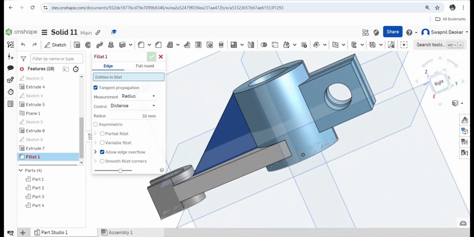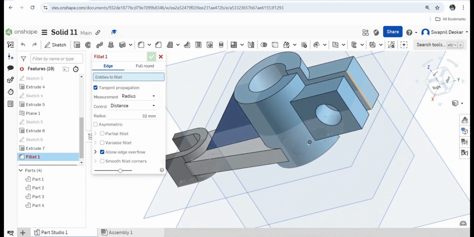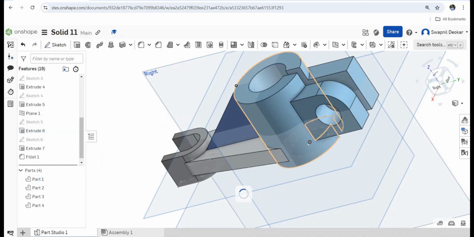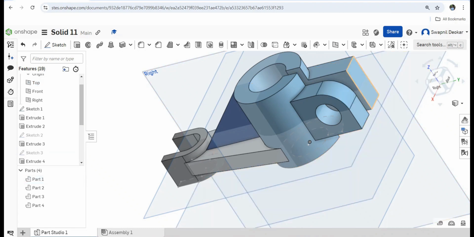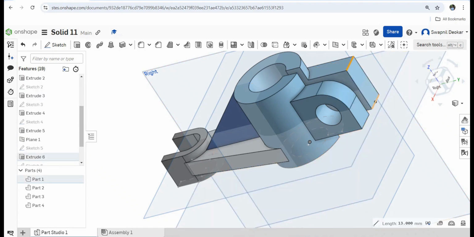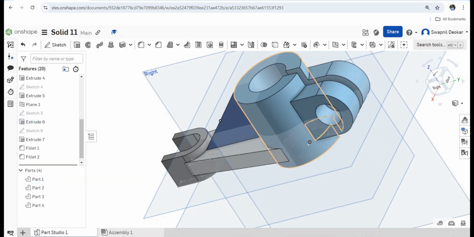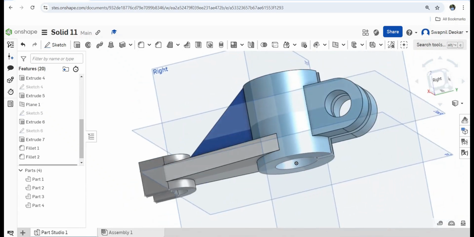Next is fillet, give the corner radius fillet to this. So here we have to provide fillet radius say 15. Similarly, select this corner, select this edge, provide fillet 15. Okay, now this diagram is